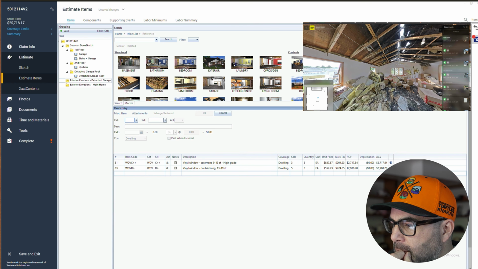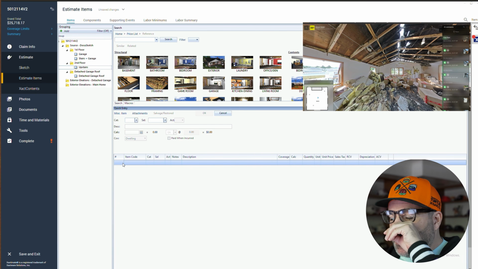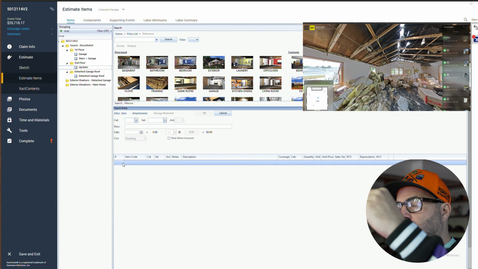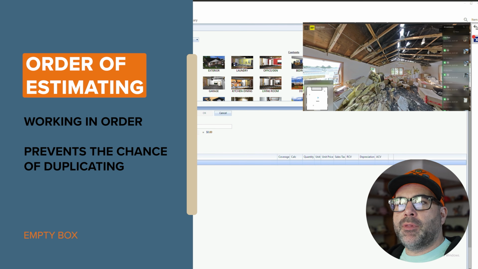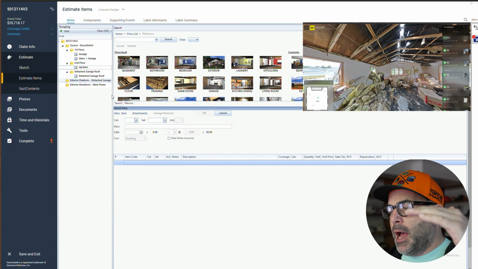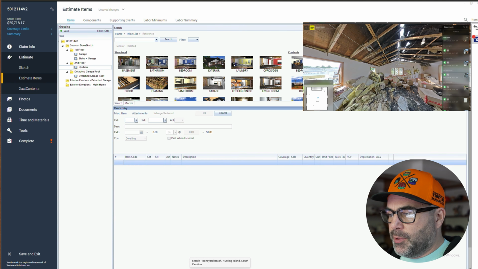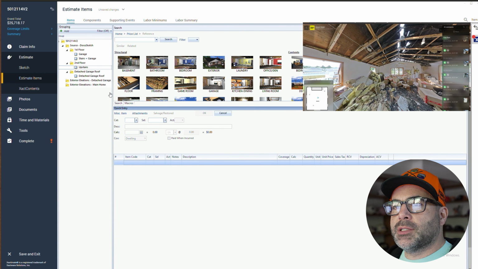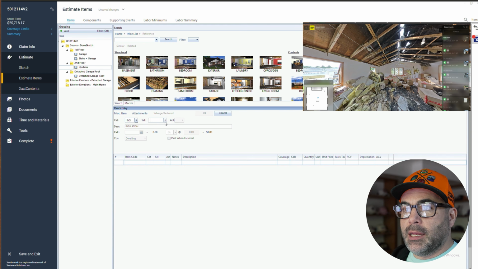I think what we'll do next is go inside. Now, this is one way that I personally would estimate, is think from a fire at least, because we already did the roof, kind of work our way down so that you don't duplicate info that might be in one room and the next, because the whole thing is affected. So I wouldn't want to put insulation twice, put it in the roof and then also put it in the upstairs. So I'm going to just add, for the sake of not duplicating, I'm going to go insulation here,